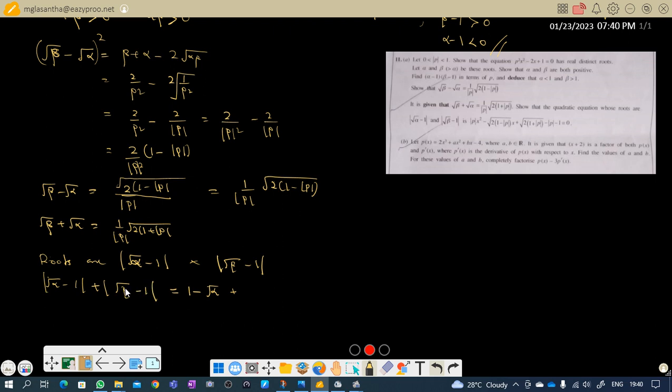square root beta is positive. Therefore, square root beta is greater than 1, so this is positive, bigger than 1. Therefore, root beta minus 1. So this equals root beta minus root alpha. So the value of this we know, 1 over mod p times square root of 2 into 1 minus mod p. So this is the sum of the roots. Now you need the product of the roots also, right? Product